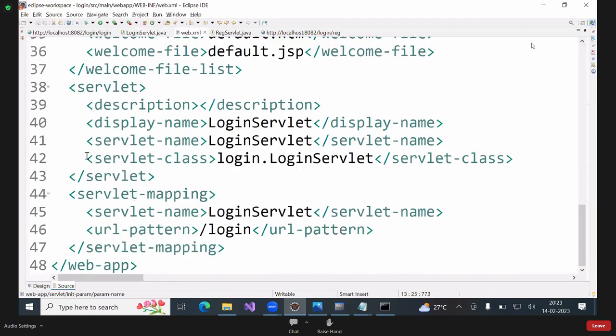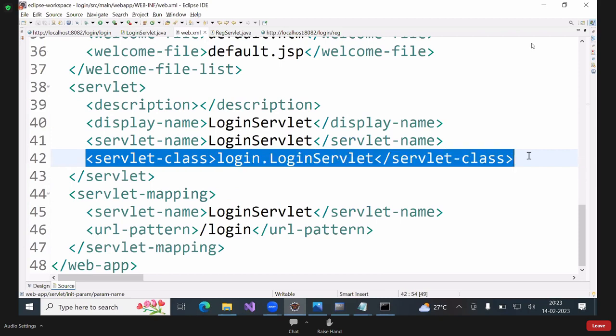After the servlet class, again init param name, param value, init param, 4 times you have to write. But suppose 10 servlets are there and all require it. How many times do you have to configure? 10 times. Instead of that, use context parameter. Configure one time, all servlets can use. So next concept,